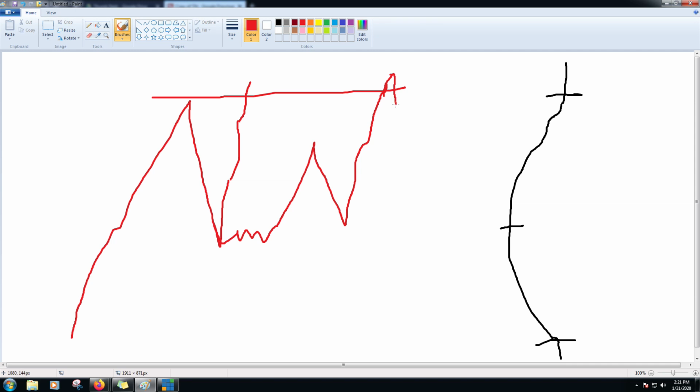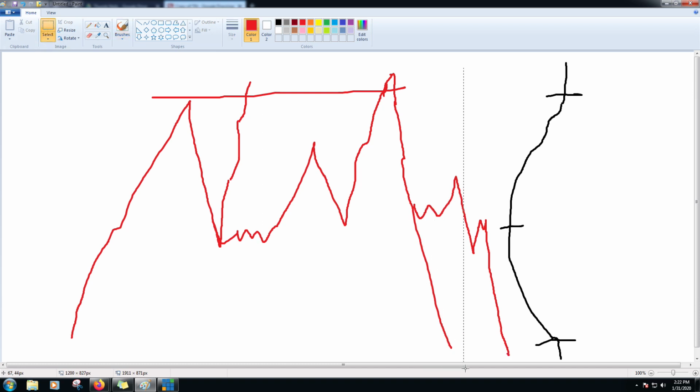Once that pullback happens, there is an 80% chance that we're going to test the bottom half of this distribution curve. So it could come back down, it could go all the way to the other side, or it could come back down and maybe chop a little bit. We get a little pop, and then we get a little one of these, and then it chops. But there is an 80% chance it's going to come back down here. Now, just like what happened up here,